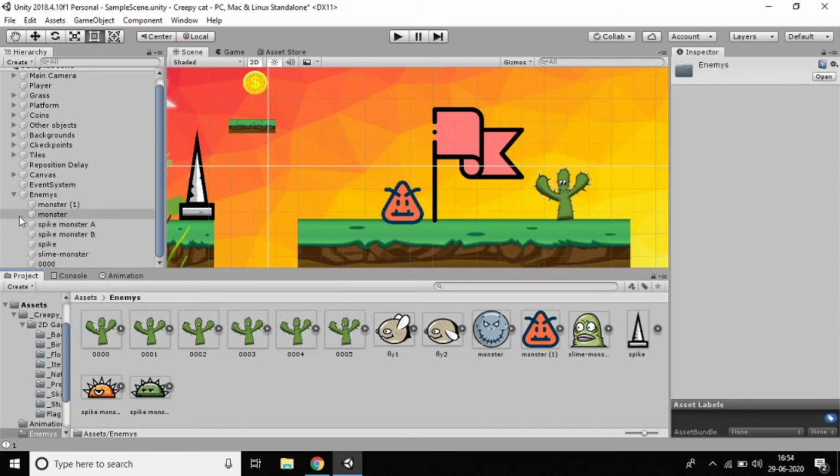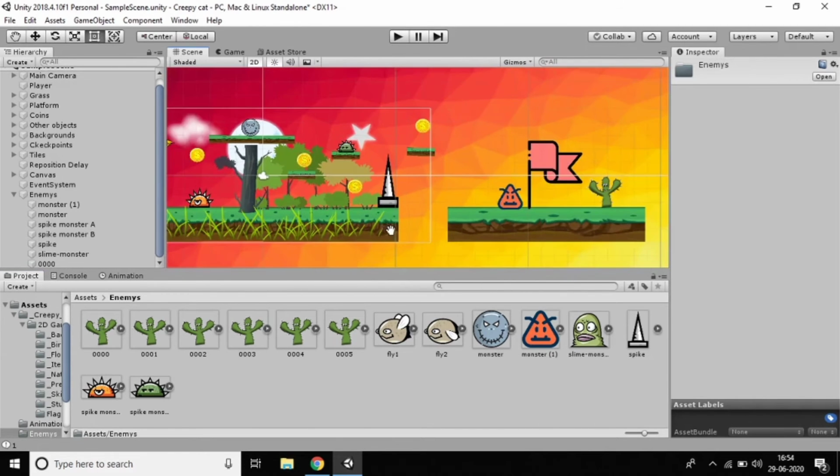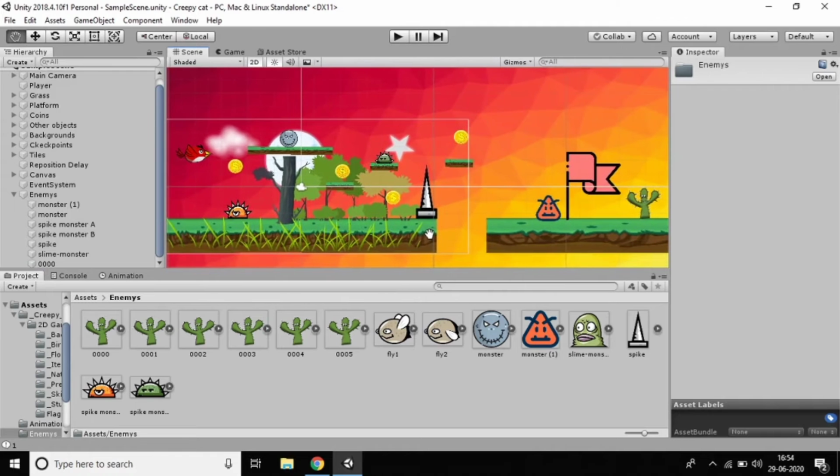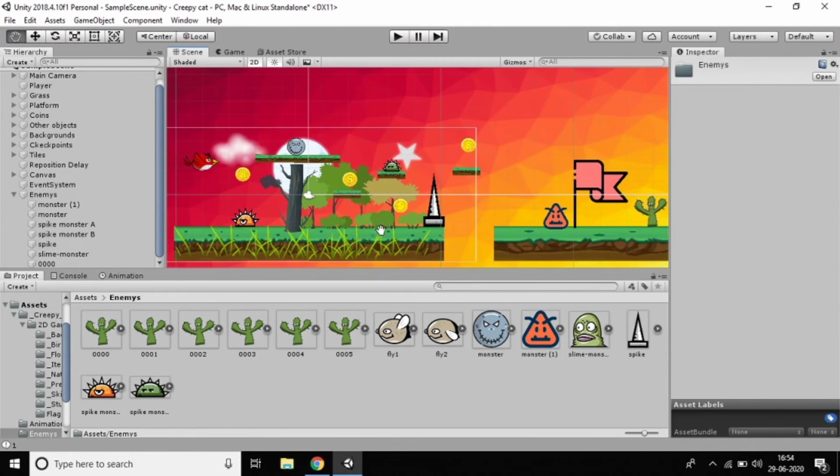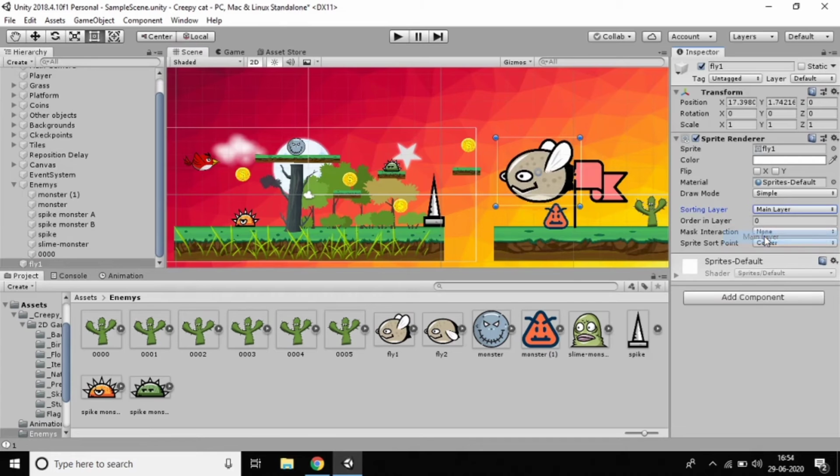So we want to work with the bird more. I want to keep the bird from here, and we need to increase the size also, that means the player size. We want to do more things. Just drag this fly here, make it the main layer and make it one, and we can view it, right? Decrease the size, and if you want, rotate it using the rotate tool, because my bird needs to face this side or that side.